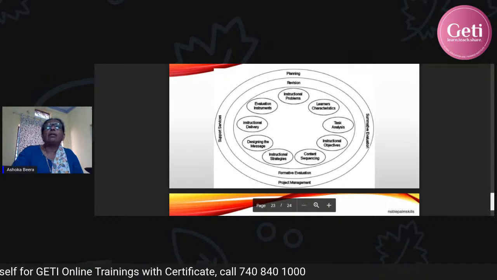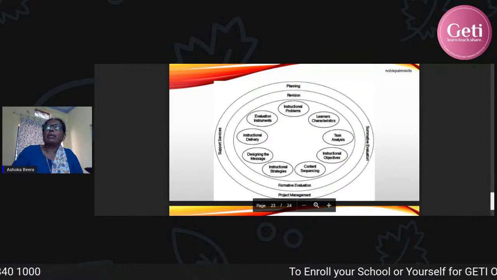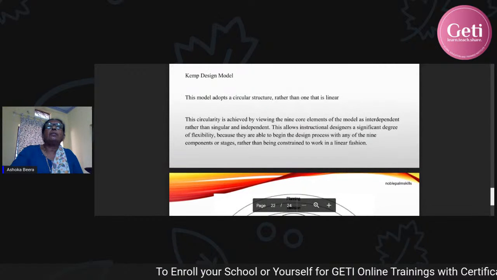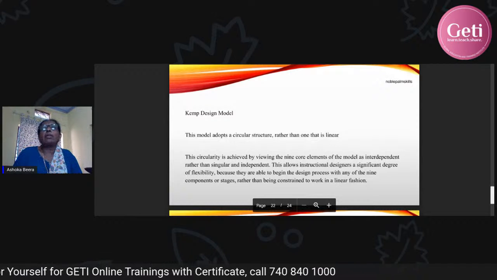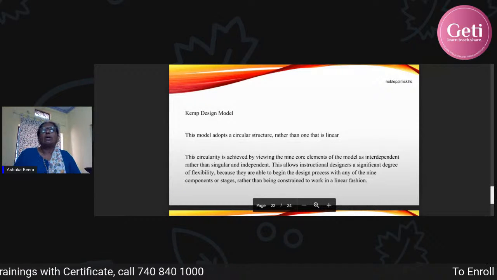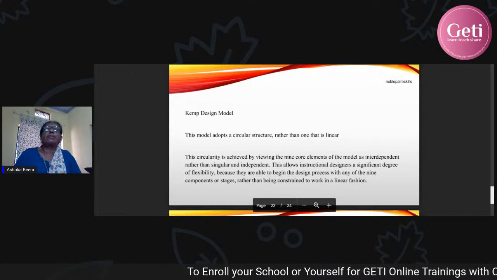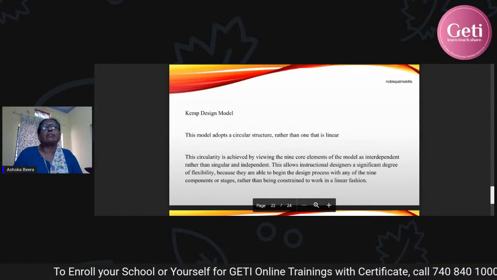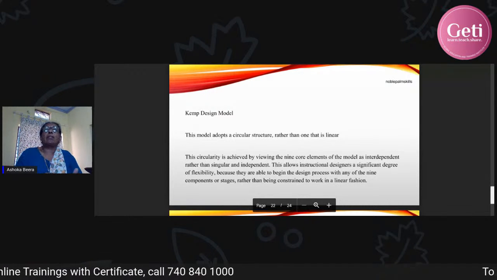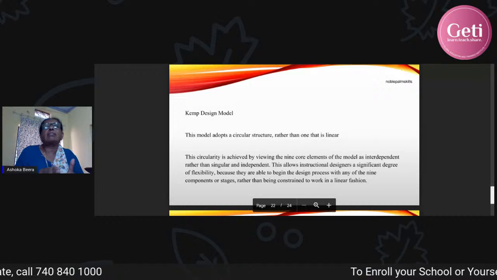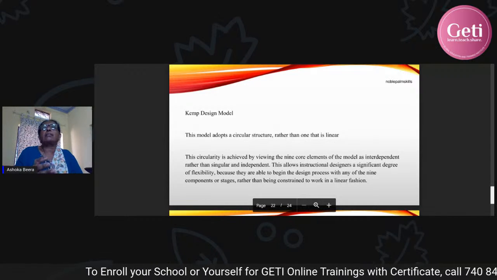That's why this model is being researched more and taken into more consideration. The Kemp design model allows instructional designers a significant degree of flexibility because they are able to begin the design process with any of the 9 components or stages. Rather than the constraint of the linear fashion, here they can start from anywhere and then go forward.